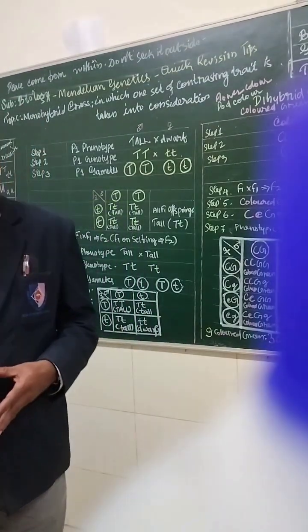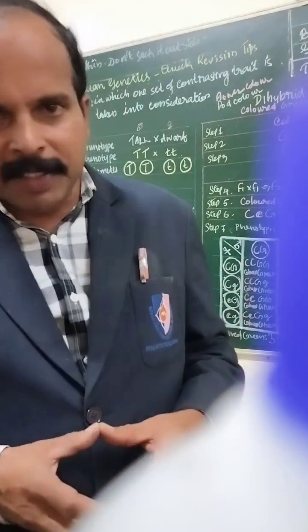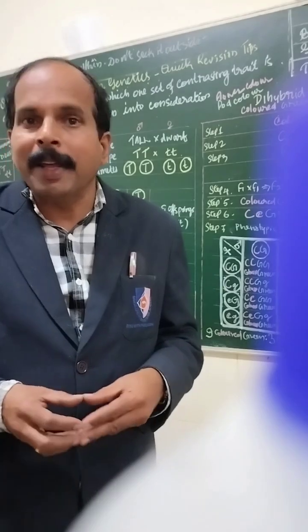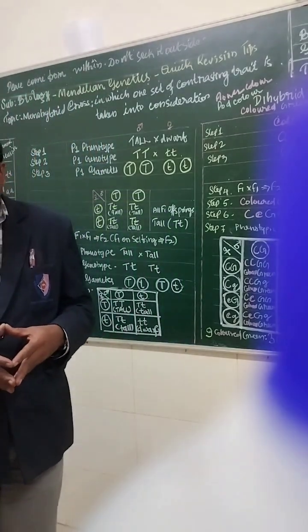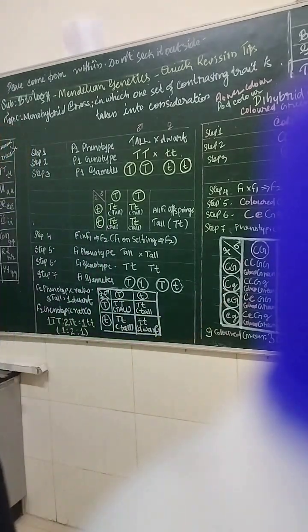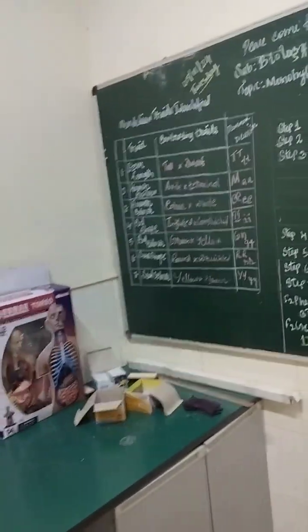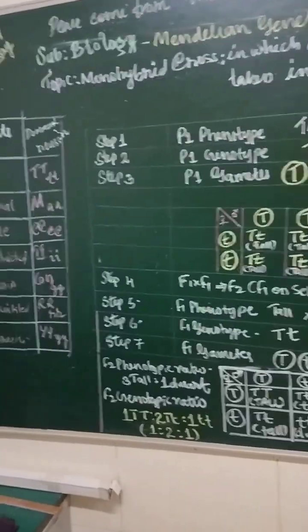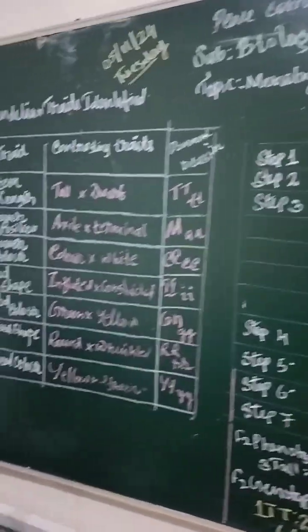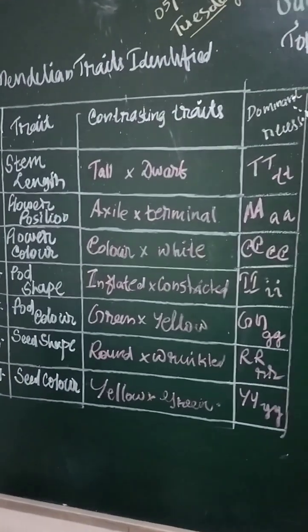So today we will be discussing a topic from Mendelian genetics, the monohybrid and dihybrid cross. So we will be studying in detail. A brief of the lesson is here. We will be studying Mendelian genetics, as Mendel conducted experiments on pea plants with 7 contrasting traits